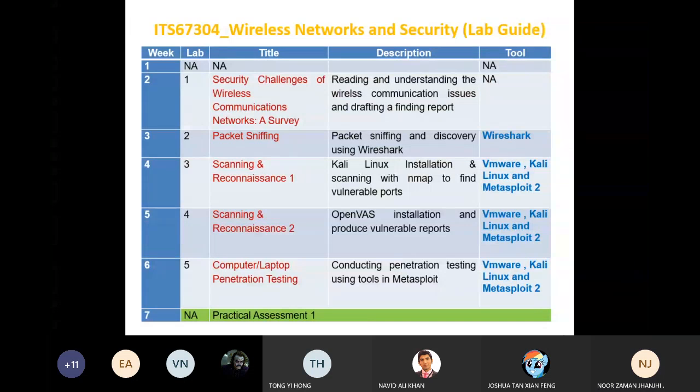Now for today, it's a reading task. You can go to the paper on the security challenges of wireless communication networks, a survey, which is available on the Times. You can download that paper, and you are in a group as suggested before. So you can divide your work in the groups to do things effectively. For example, if you are 4 in a group, you can divide the paper, say 2 pages each in case it is 8 pages. So everyone can go for his own part.